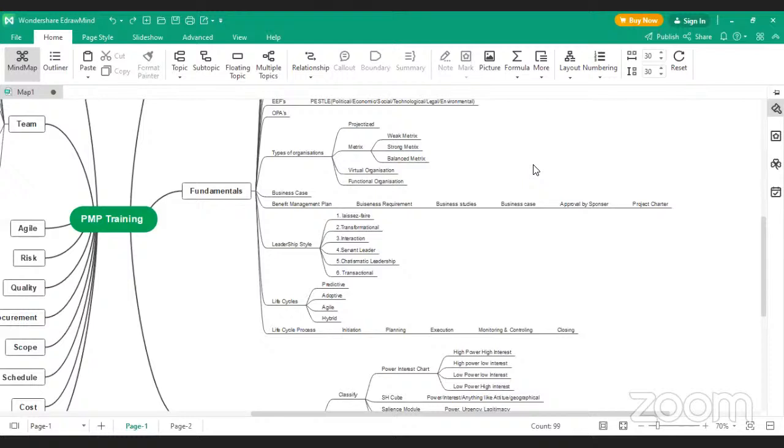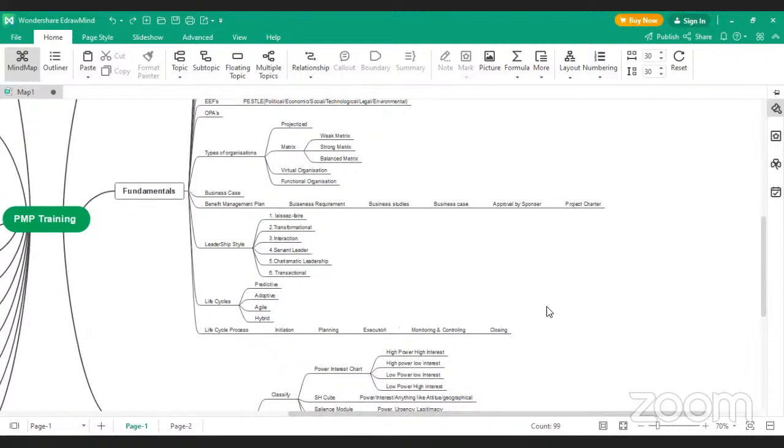After that, we started how to build a project. First of all, for that we have to create a business case, and then we have to study business requirements, and then we have some business studies. We have to do some business studies for that. After that, the business case is prepared, and that business case is approved by a sponsor. And after the approval, we have a project charter. And after